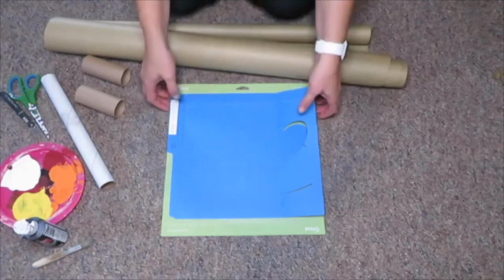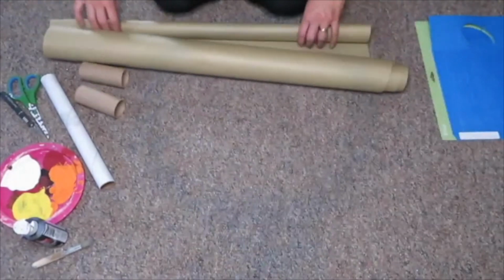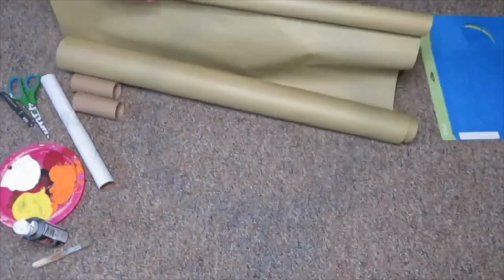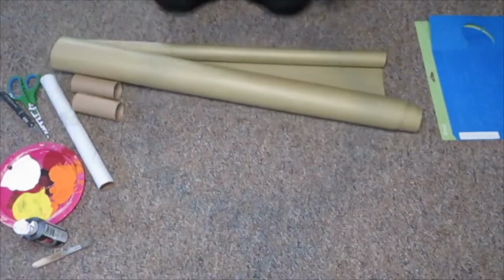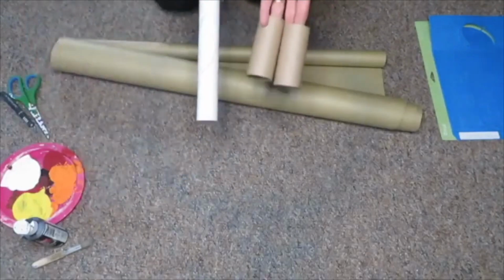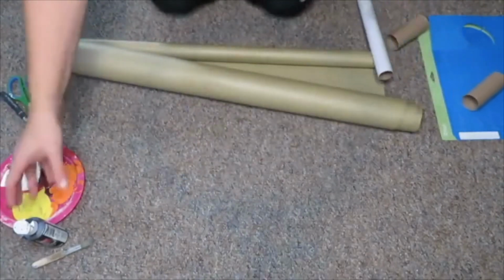So I will take apart the stencil in a minute, but let me let you know what else I'm using. I have this wrapping paper that I picked up at the Dollar Store, and it looks like butcher paper. And then I have some old toilet paper rolls and a paper towel roll, a hot glue gun, black paint,